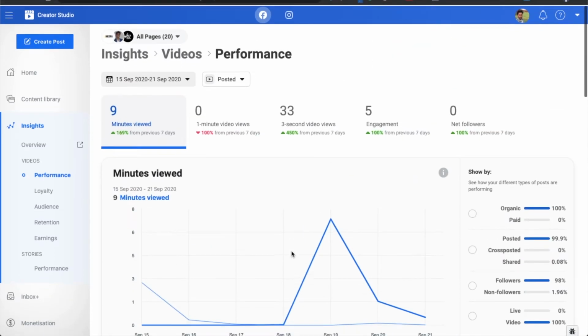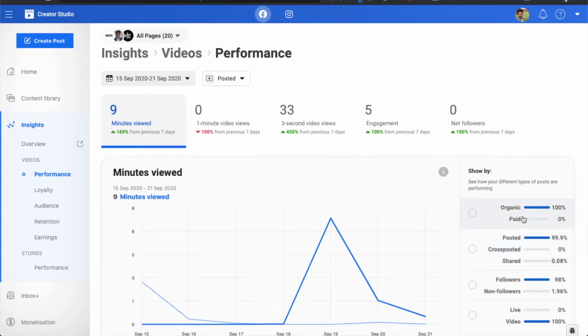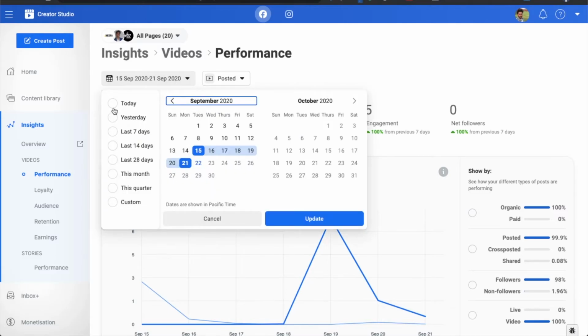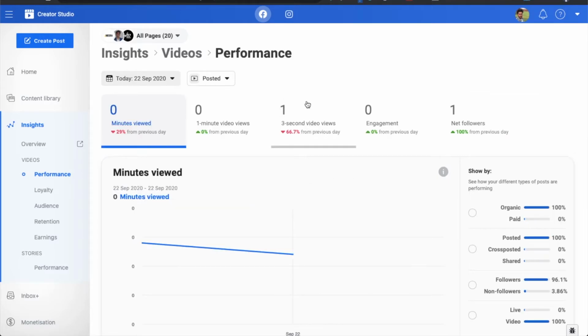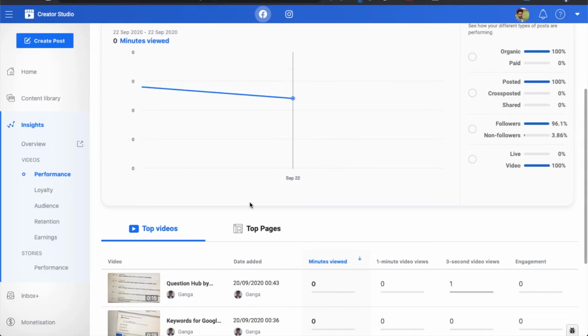You can go through all the options, like how the post has been going, whether it is going organically or paid. You can even change the date. You can see today's performance, you can select any date as per your requirement.